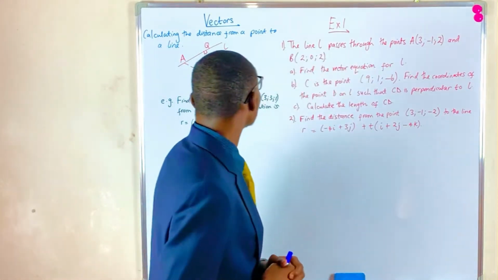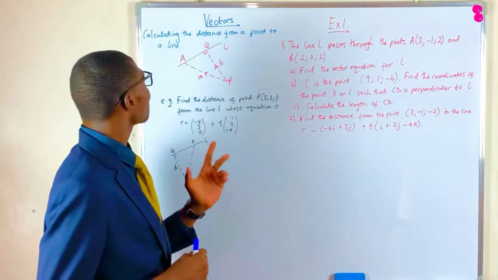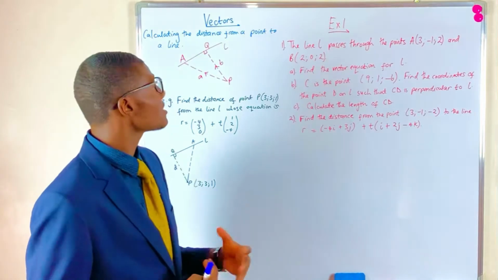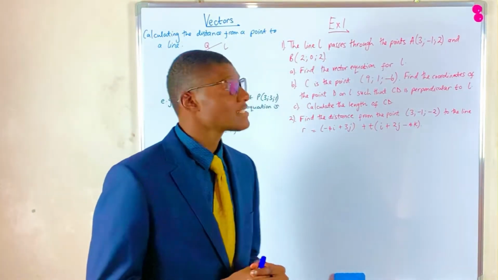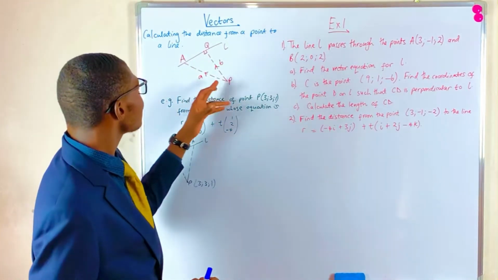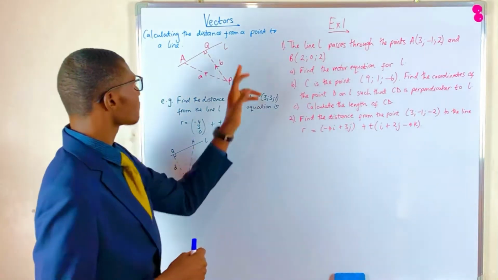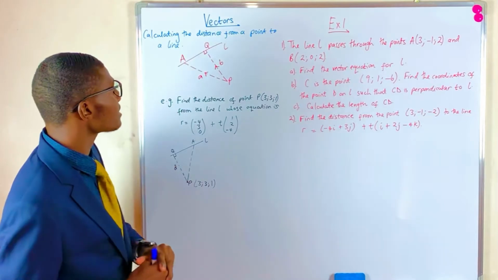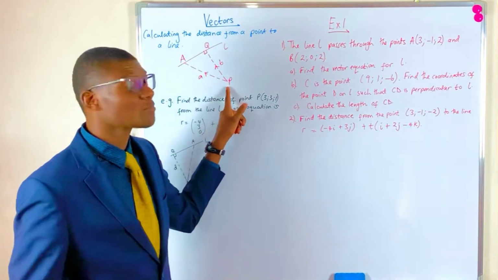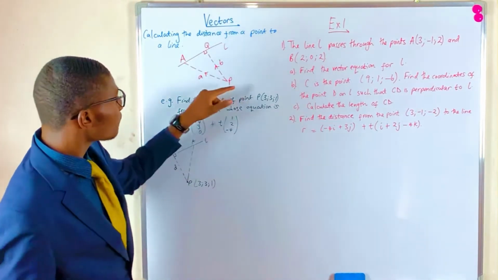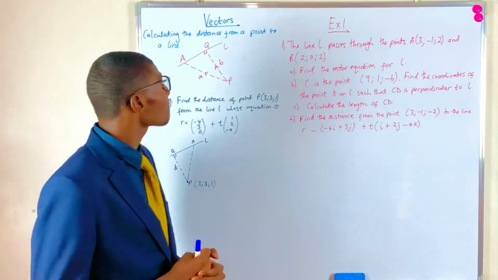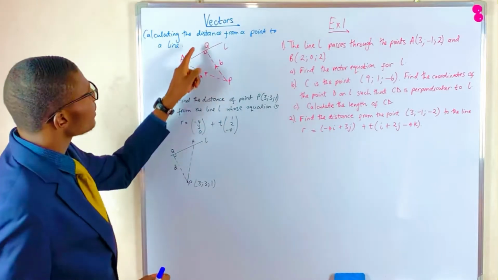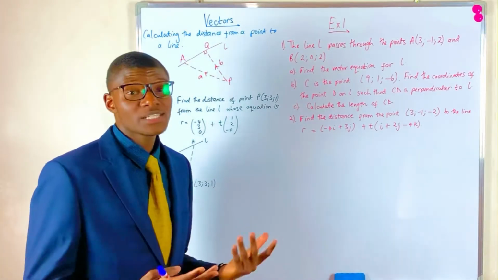Okay, so the distance from a point to a line. This, in other words, is the shortest distance, that is the distance in the direction perpendicular to line L. So let's say we need to calculate the distance from point P to line L, which is the perpendicular distance, which we are saying is the shortest distance. And we let Q be the foot of this